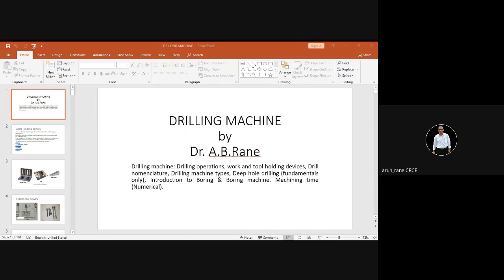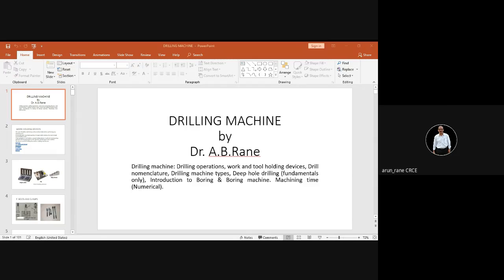Alright, now feed rate is given as 0.1 millimeter per revolution per teeth. The meaning of this is the cutter will advance by a distance of 0.1 mm per teeth.